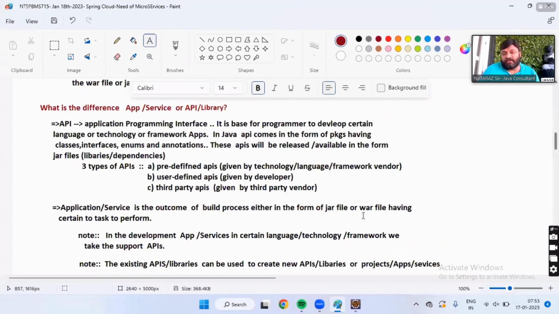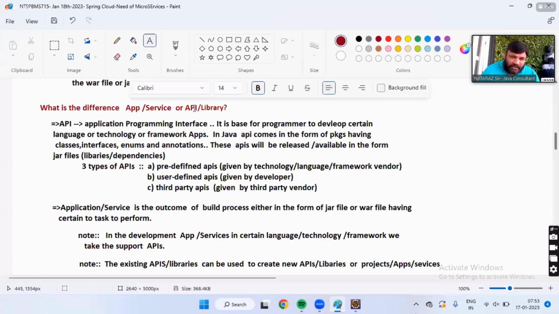Okay, listen, boss. Don't think much. JDBC API, Servlet API, Spring API, Spring Boot API. I'm talking about those APIs. The word API is nowhere related to RESTful web services. The word API is used in two angles, boss.